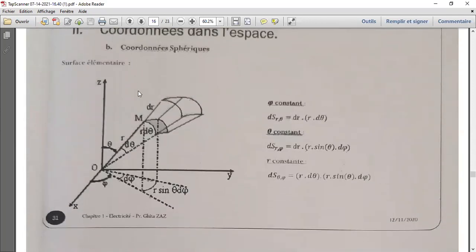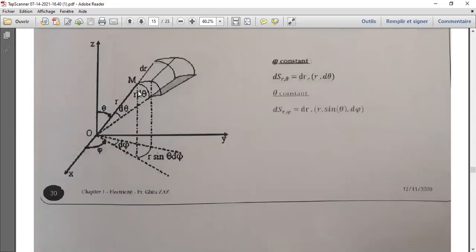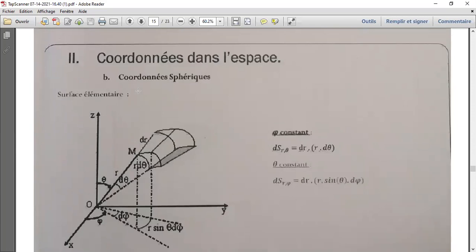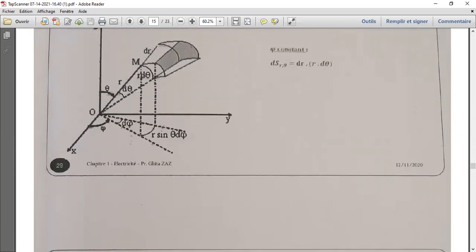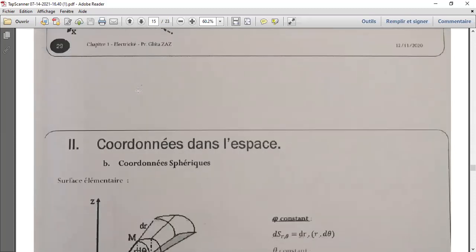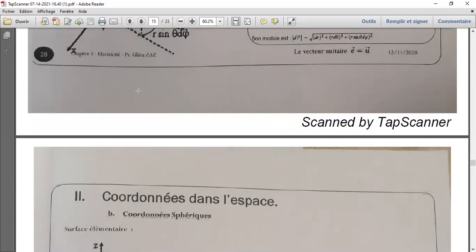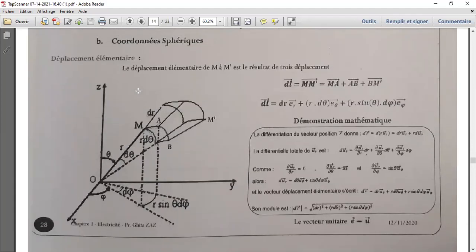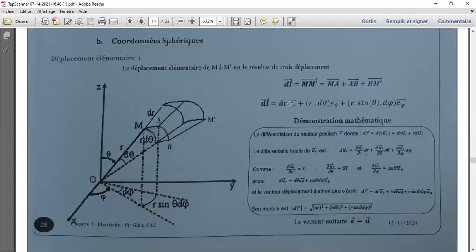So R constant is also the same thing. When you're finding the surface element, as R is constant, you should note that only the differentiation of R is the one which gives you 0. Because if you check your formula here, you have R, then dr. The R here is constant, so it's not affected. The only thing which is affected is the dr. When you differentiate the constant, it will give you a 0. So you see that